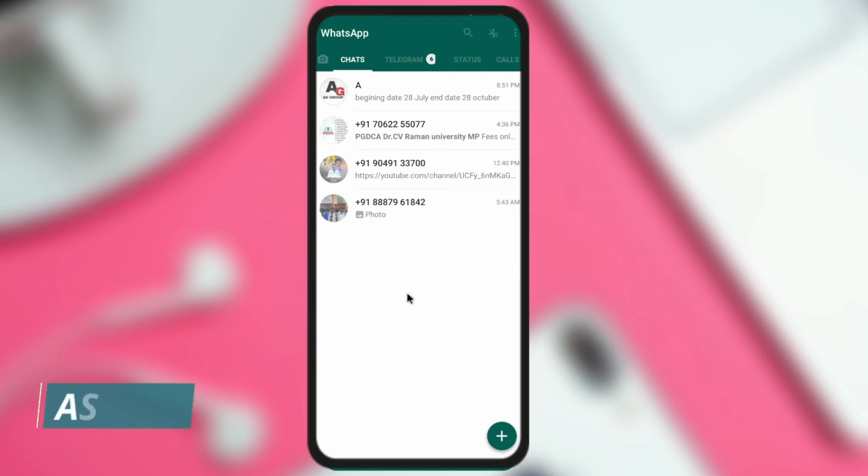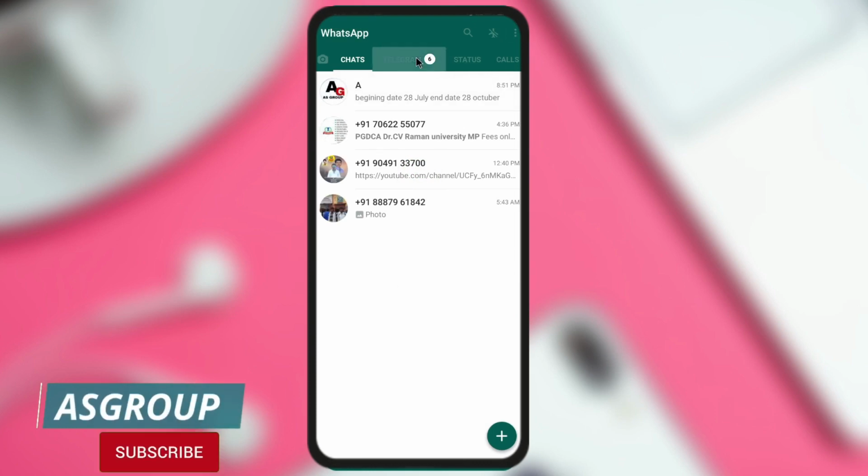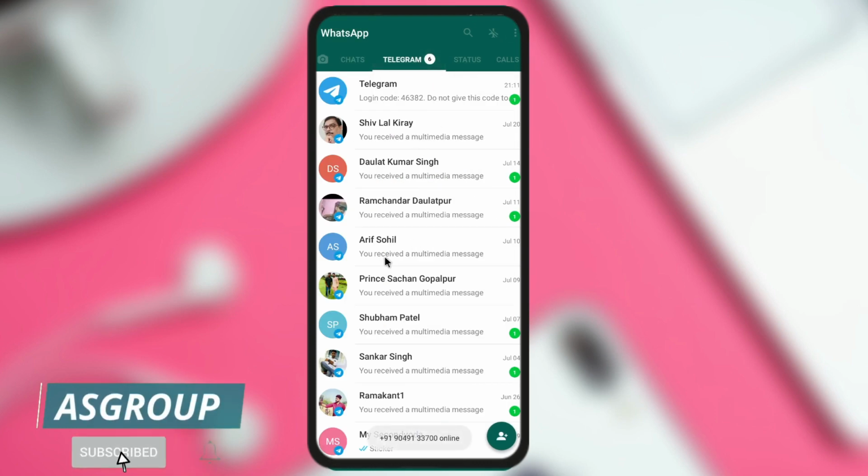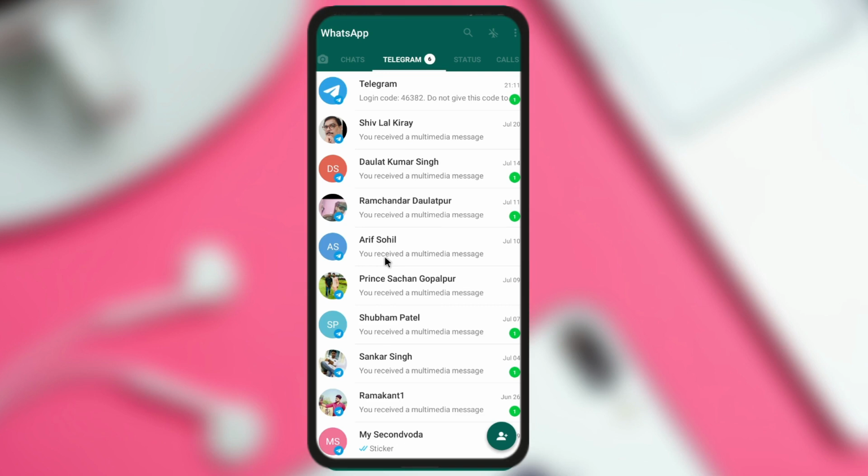When I enable this option, you can see that the Telegram option is shown here. When I click here, my messages are shown. So if you enable this option for the very first time, it will ask for an OTP. Log in with OTP, you click, and thereafter the message will come on your mobile phone. Enter that OTP, and thereafter the same options will be shown here. By using this option, you can control both your WhatsApp messages as well as your Telegram messages. So this is the combo of WhatsApp and GB WhatsApp, and the combo of WhatsApp and Telegram, if you use these features.